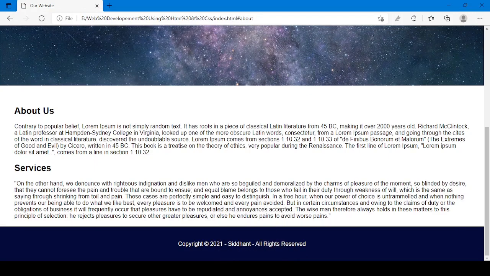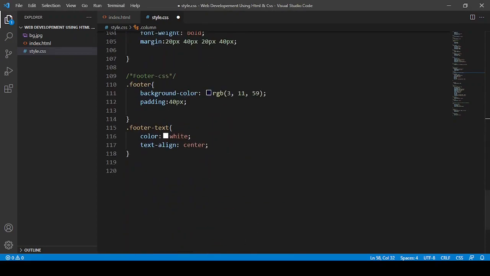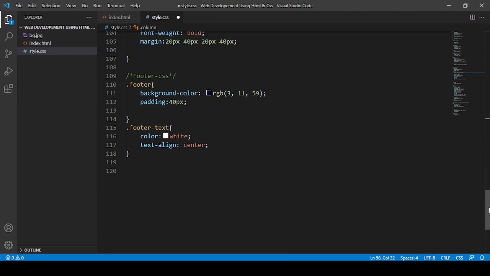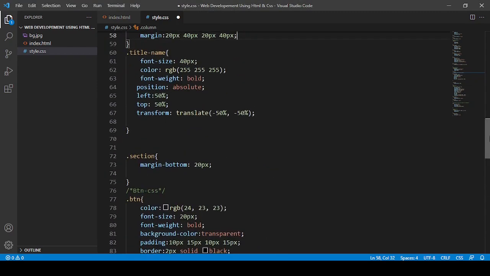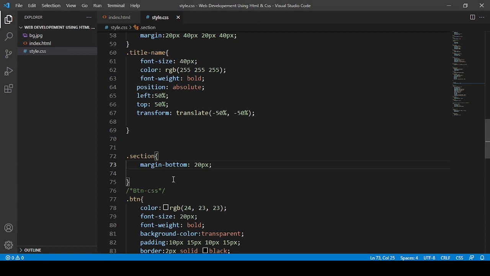Here is now more margin from the bottom also. Yeah, okay. So margin bottom at 20px, and when I load it, yeah, it works.